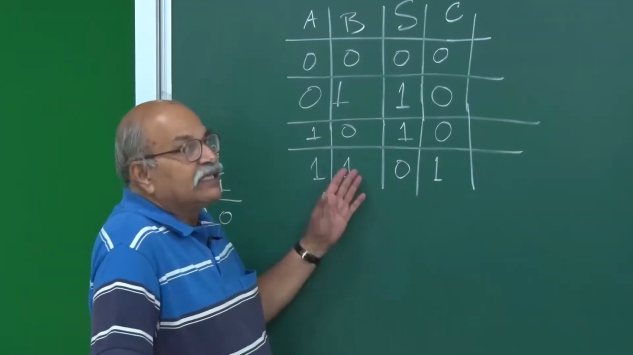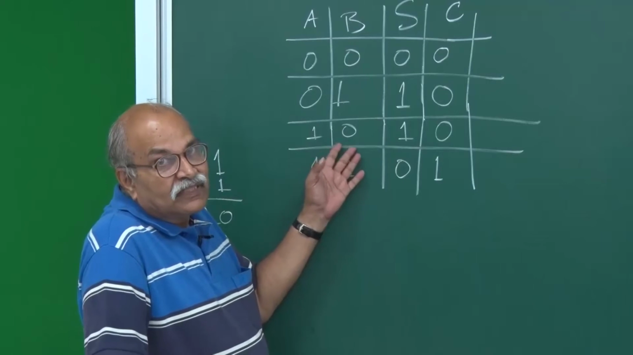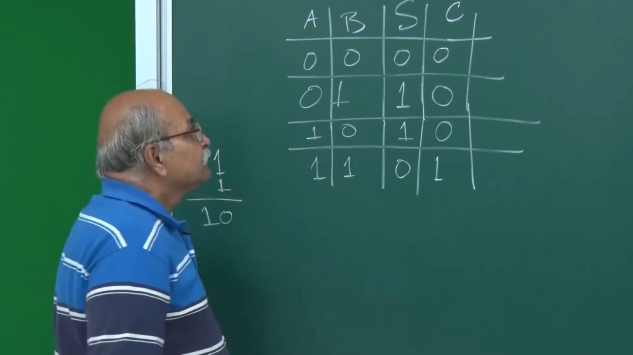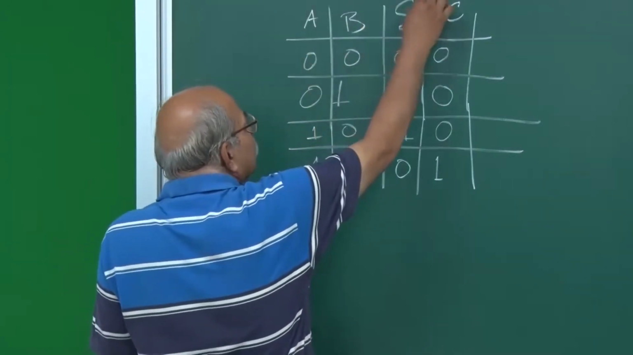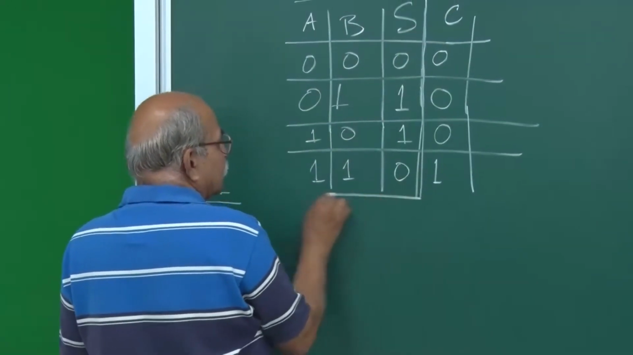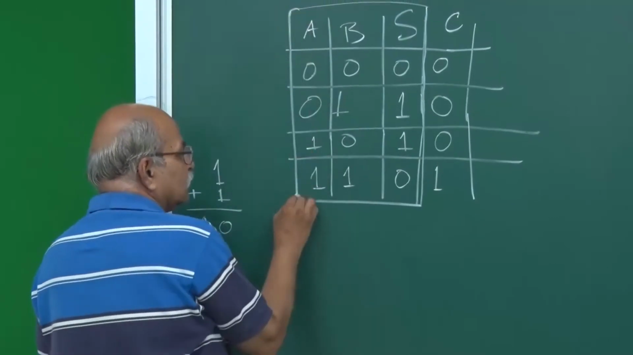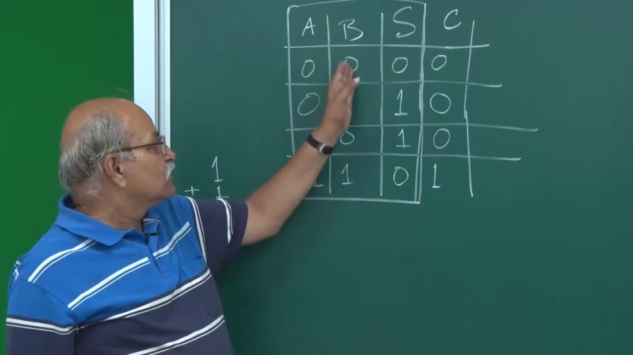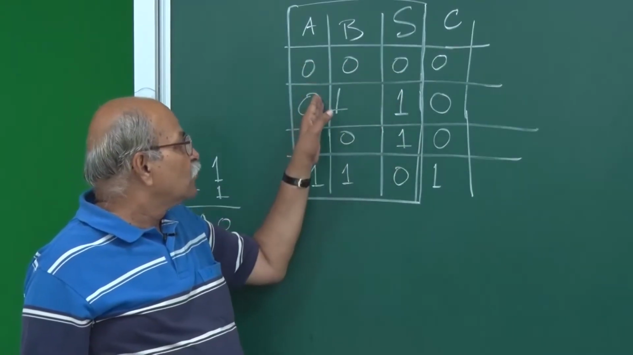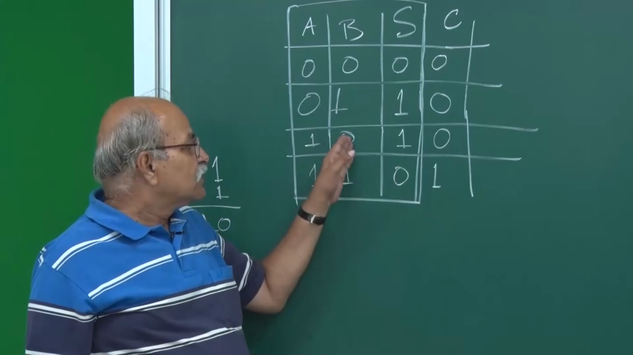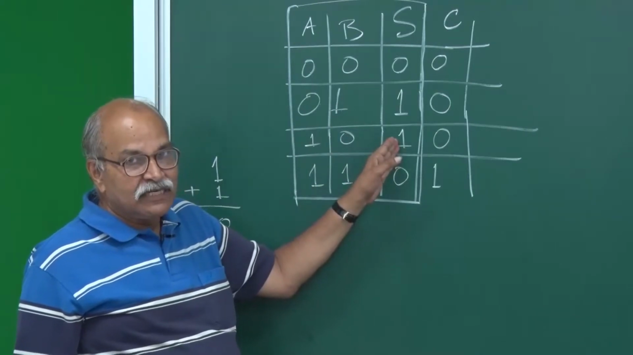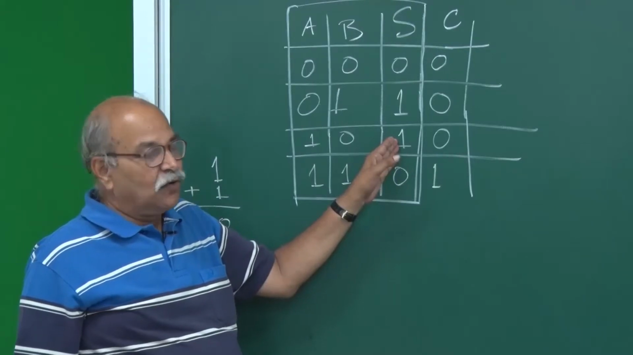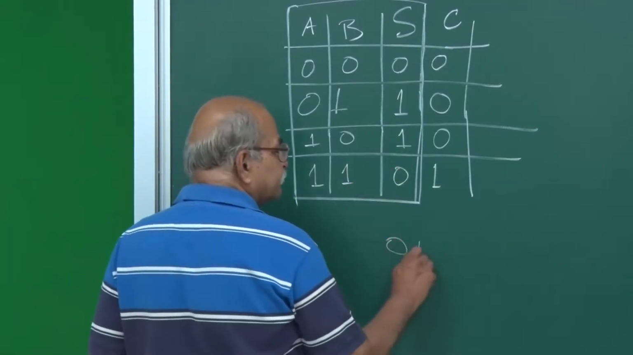Now, how to implement that? How to get a digital circuit which can do this? If you look at this part only, two inputs and one output, and the truth table is 0 0 gives you 0, 0 1 gives you 1, 1 0 gives you 1. Up to here it looks like an OR gate, right. In the OR gate the truth table was